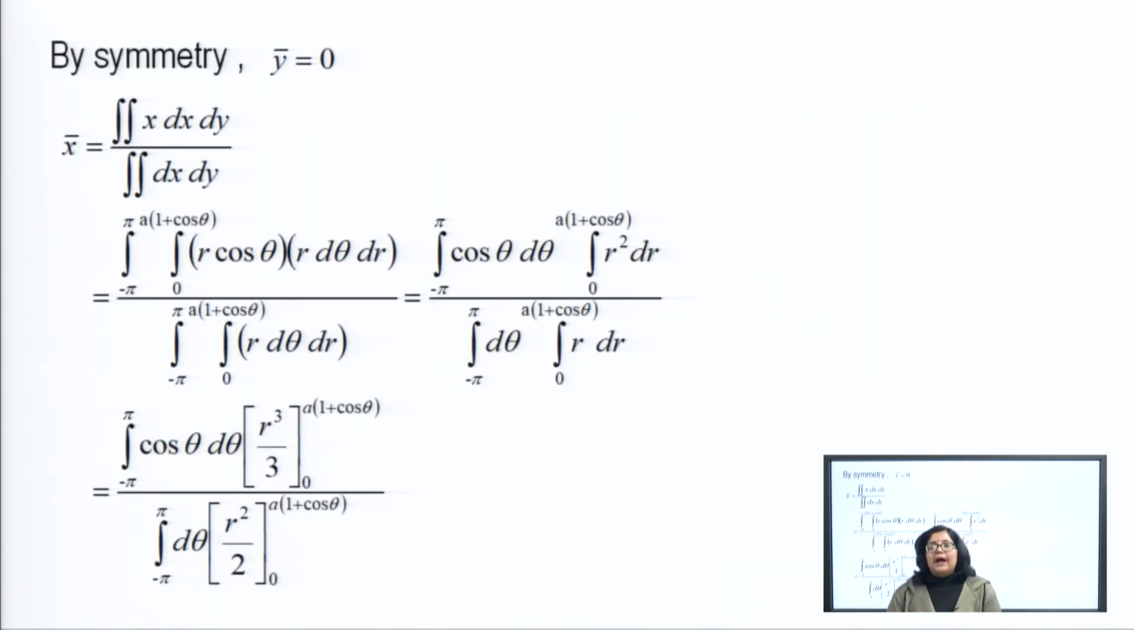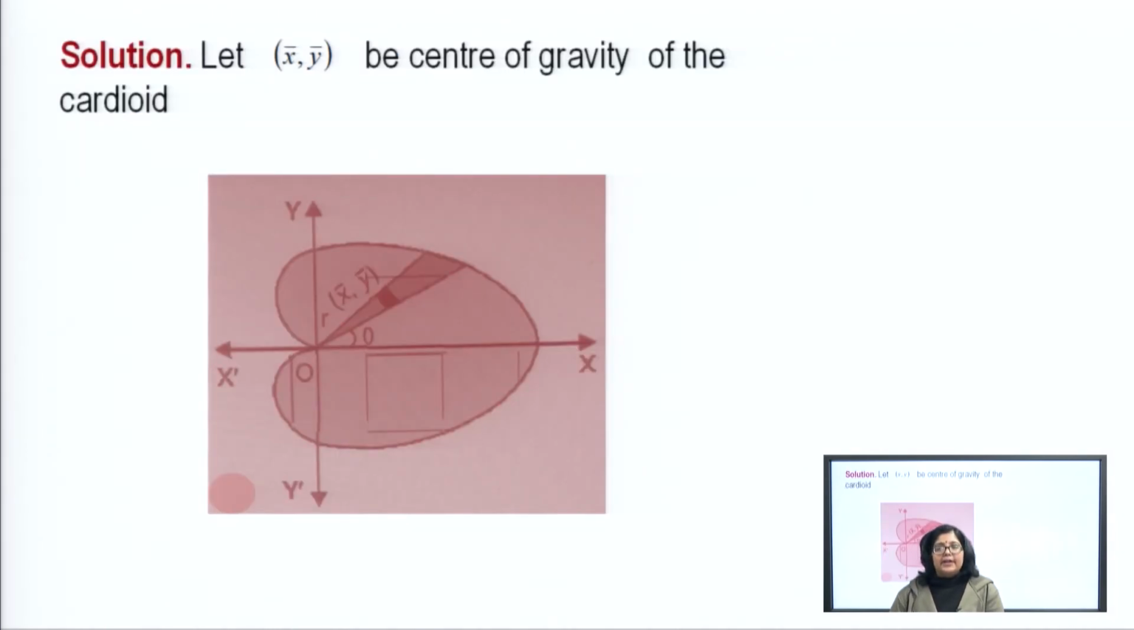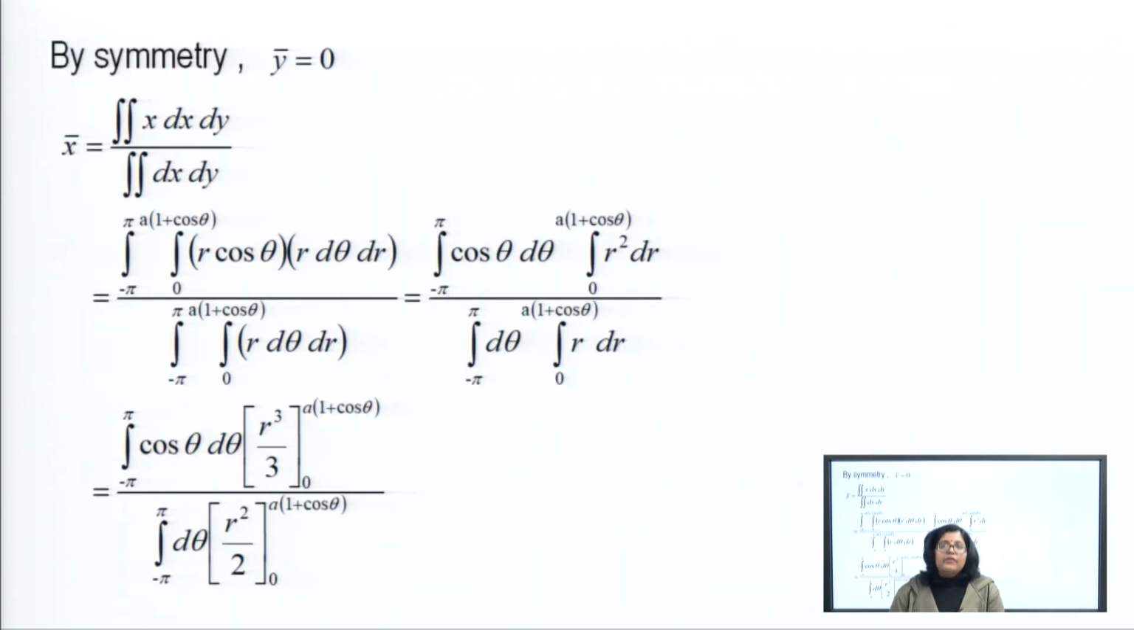The center of gravity lies on the x axis, so the coordinate y bar is 0. So we only need to find the value of x bar here. What is the value of x bar? x bar is equal to the double integration of x dx dy upon the double integration of dx dy,